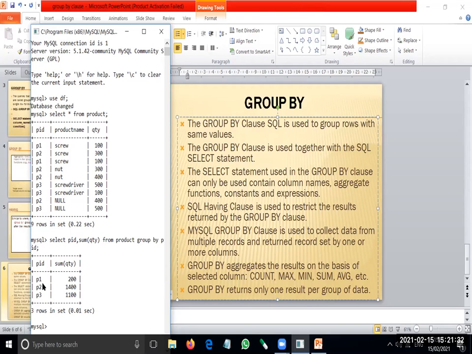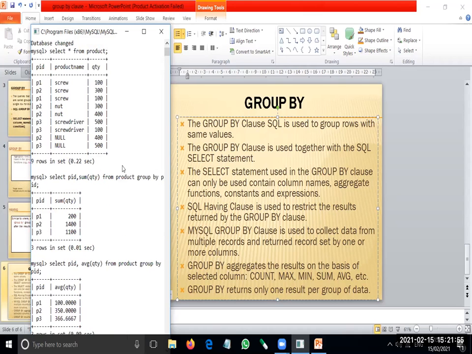The same thing we can perform with average: select PID, comma, average of quantity, always performed on numerical values, from product, group by PID. So these are the things.